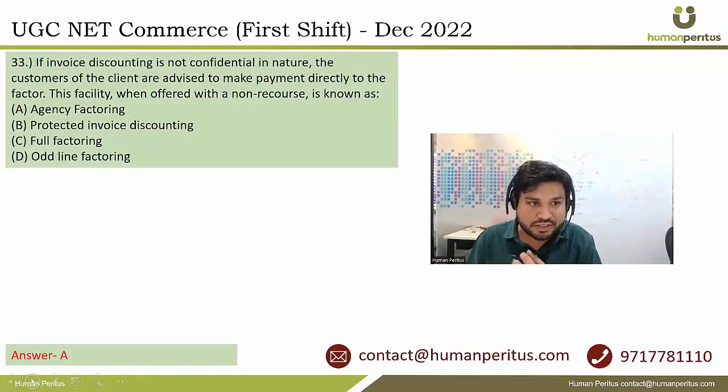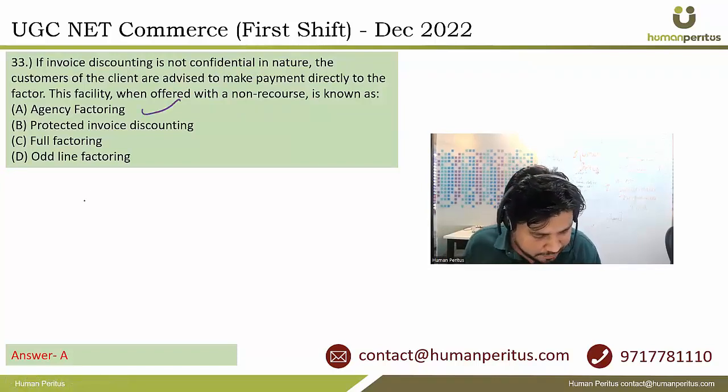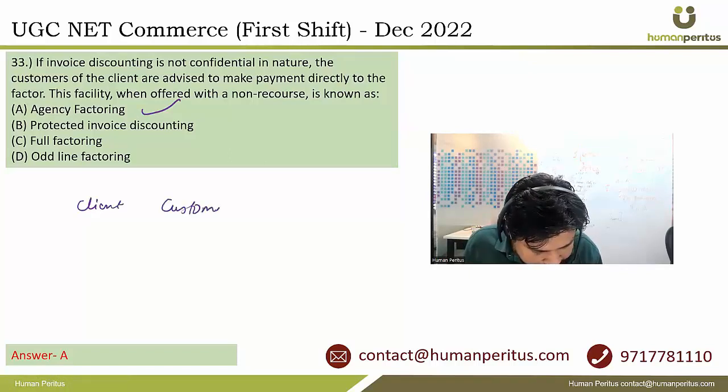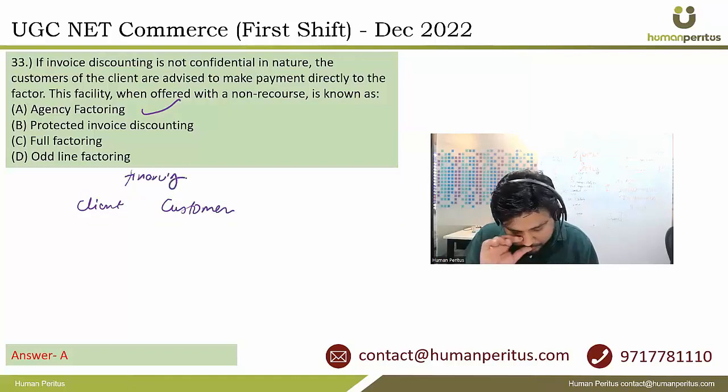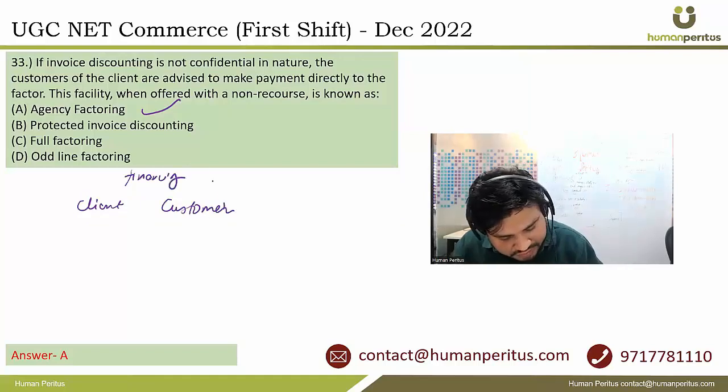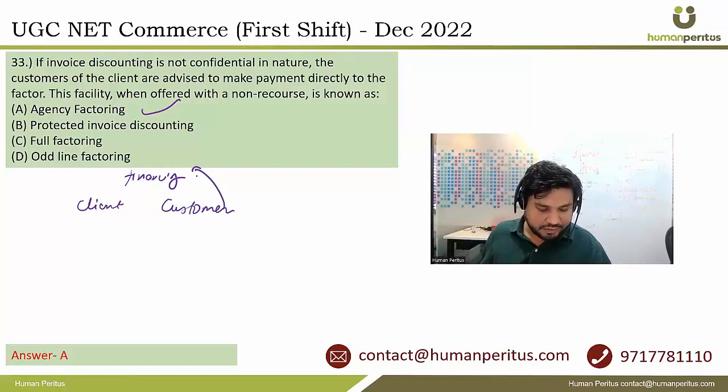आगे बढ़ते हैं। If invoice discounting is not confidential in nature, the customers of the client are advised to make payment directly to the factor. This facility when offered with non-recourse is known as agency factoring. इसमें क्या होता है कि एक तो होता है क्लाइंट, एक होता है कस्टमर, और एक होता है आपका फैक्टर, जिसे हम फाइनेंसिंग के भी कह देते हैं। तो अब क्लाइंट जो है, क्योंकि कुछ कॉन्फिडेंशियल है, तो क्लाइंट सीधे बोलता है कस्टमर को कि वो फाइनेंसिंग से सीधे डील कर ले, और इसीलिए इसका करेक्ट आंसर होगा ऑप्शन ए। ठीक है, नेक्स्ट इज